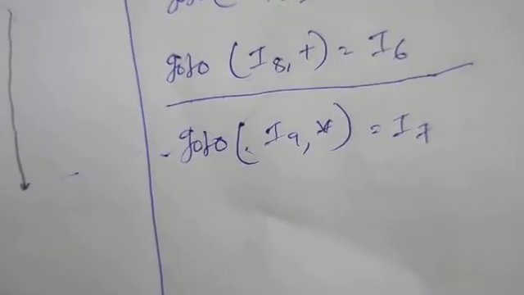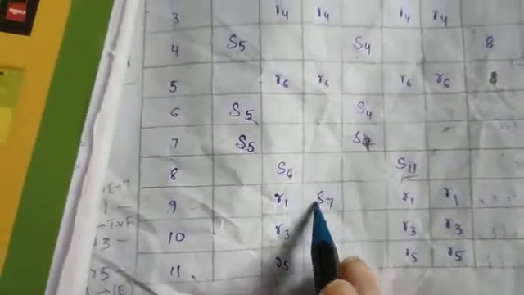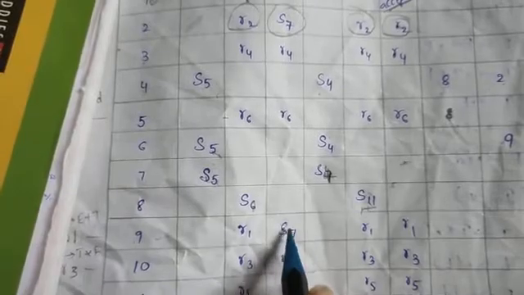In I9 only one thing will be there. In I9 star will be there, and it will go to I7, the 7th state. For that reason it is indicated as S7. That is all the shifting process in the total parsing table. Now we are missing only the reduces, and that is the only thing we are discussing next.